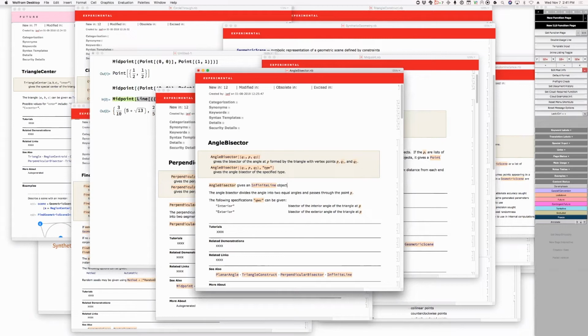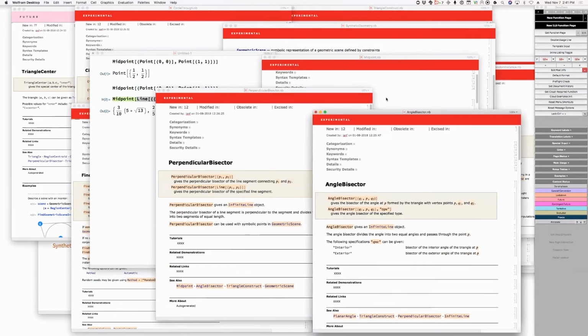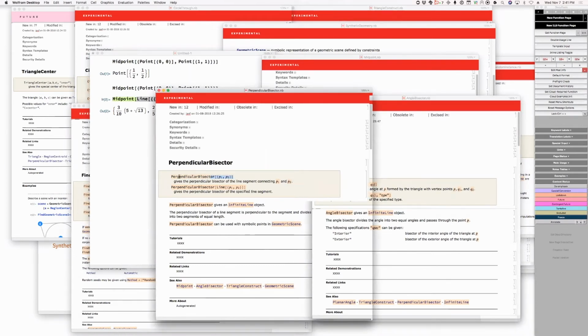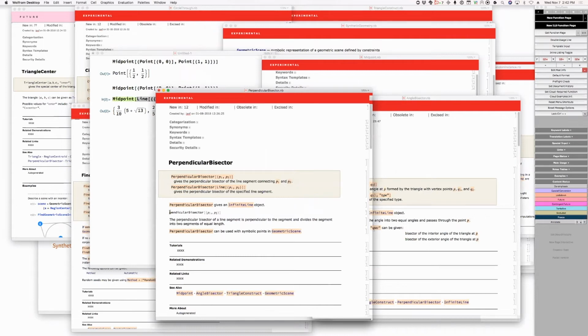Okay, so wait a minute. There's a mistake here. In this, oh, I really messed that up. In perpendicular bisector of P1, P2,